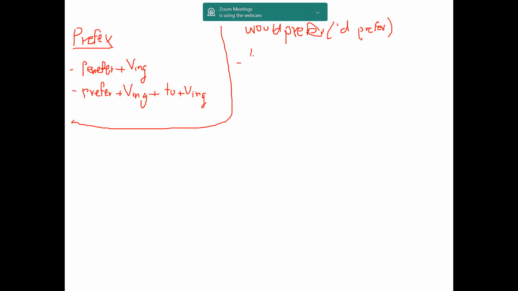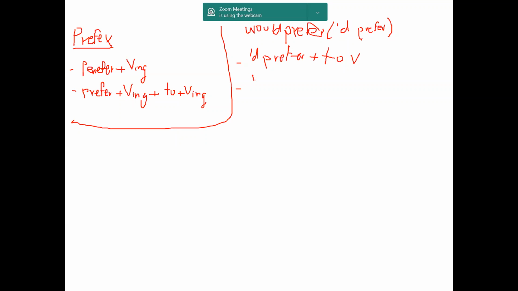Okay, so would prefer plus what? Would prefer plus to infinitive. Yeah, to and then verb, right? To infinitive, or to plus verb. And then for number two,